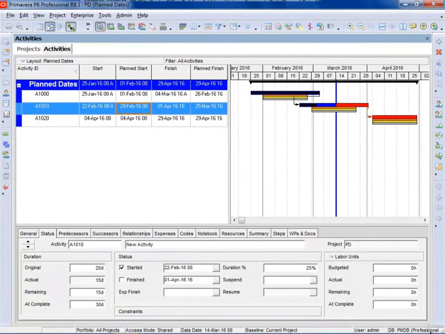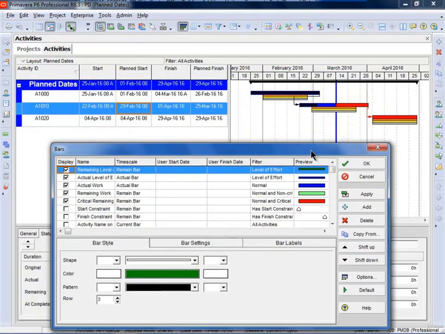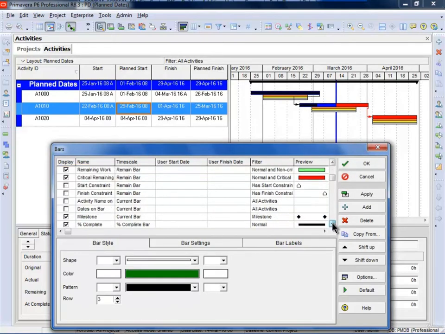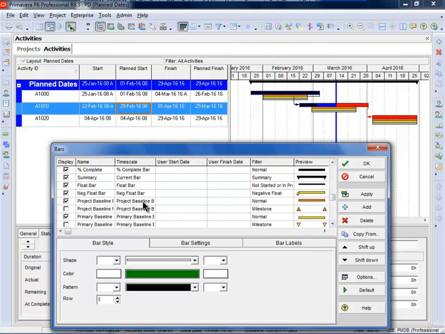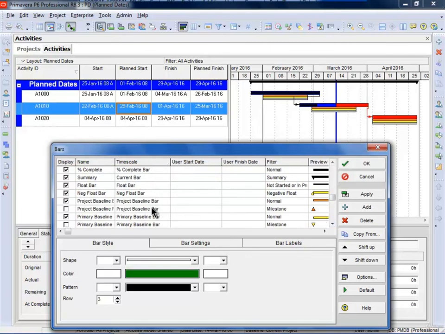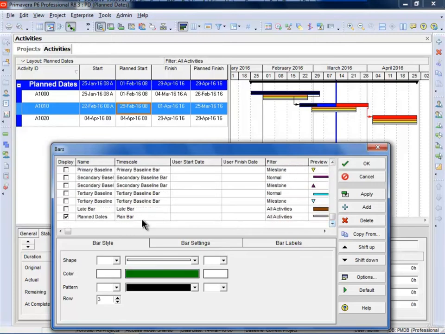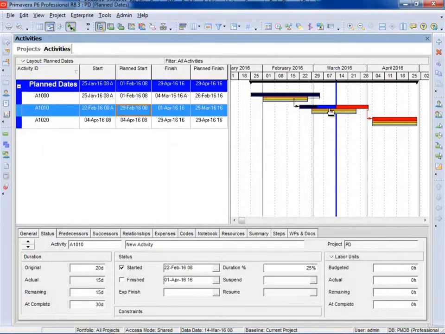I have a project here that's showing 4 bars. So if I go to the bars form, you'll see that the blue one here is the actual and the critical remaining. If I move down, the orange is the project baseline, the yellow is the primary baseline bar, and the grey is the plan bar. And what you'll see is that the project baseline, the primary baseline, and the plan bar